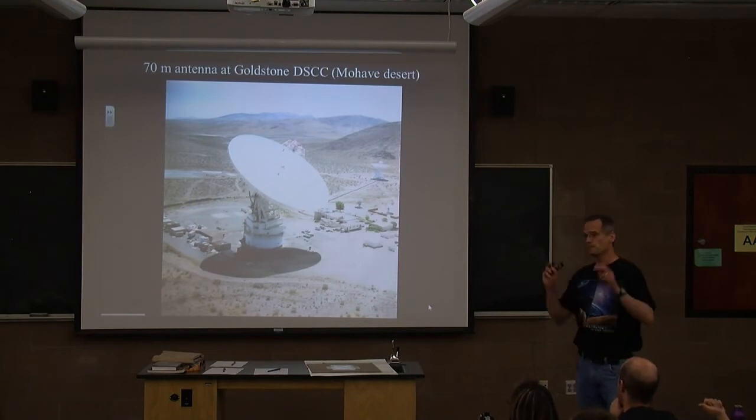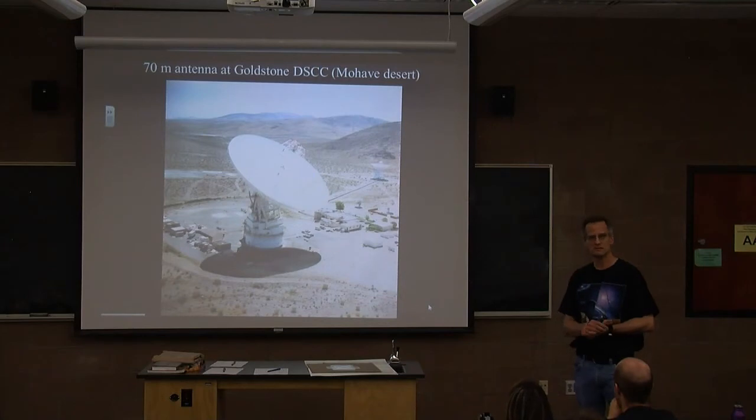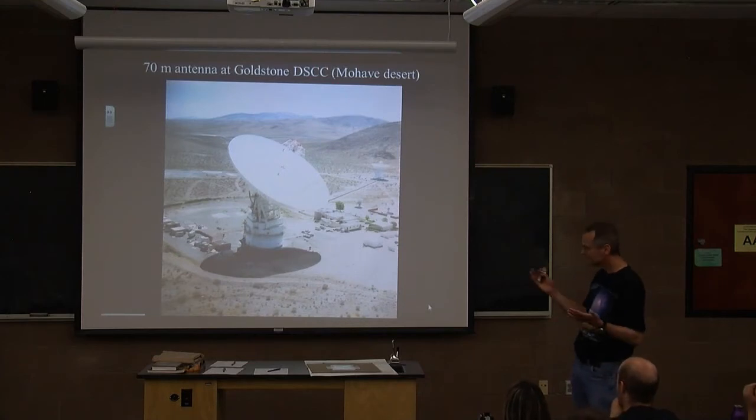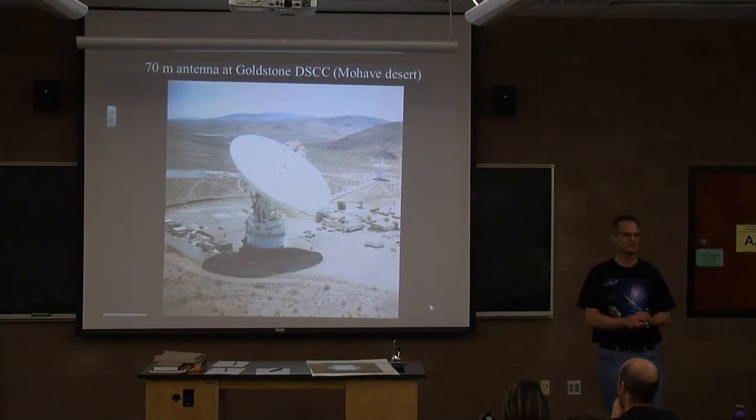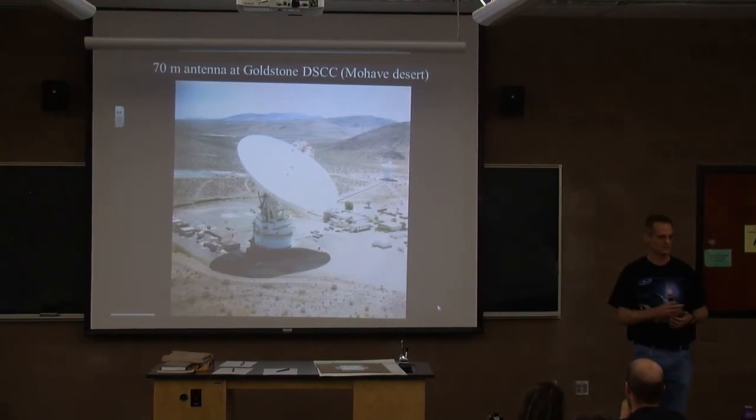The current accepted value of roughly 149.6 million kilometers has error bars of about 3 meters. That's beyond me. I don't understand how they can claim that, but it's unbelievable. So astronomers do not go all over the world to watch a Venus transit in order to measure the size of the solar system.